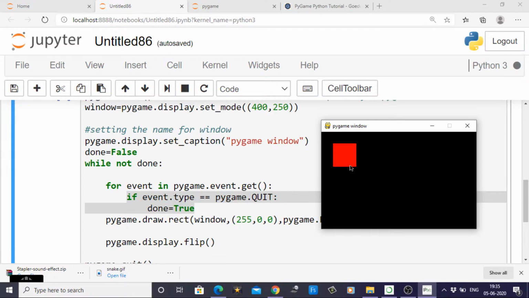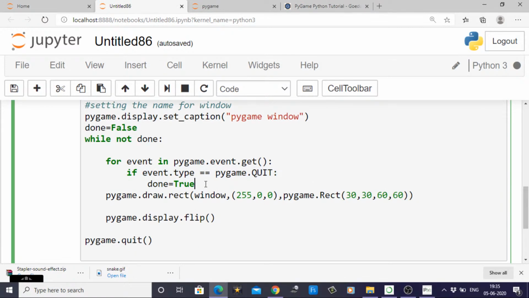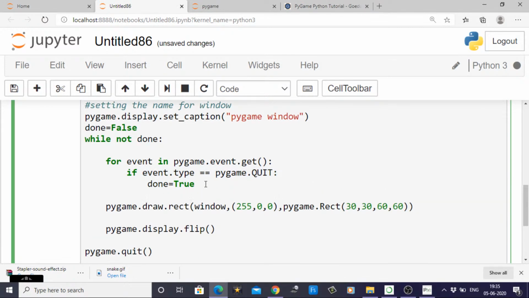Okay, so what I need to do here is write code, like I need to write an event. For a key press, you have to write an event. I'm just writing one more event. If event dot type,